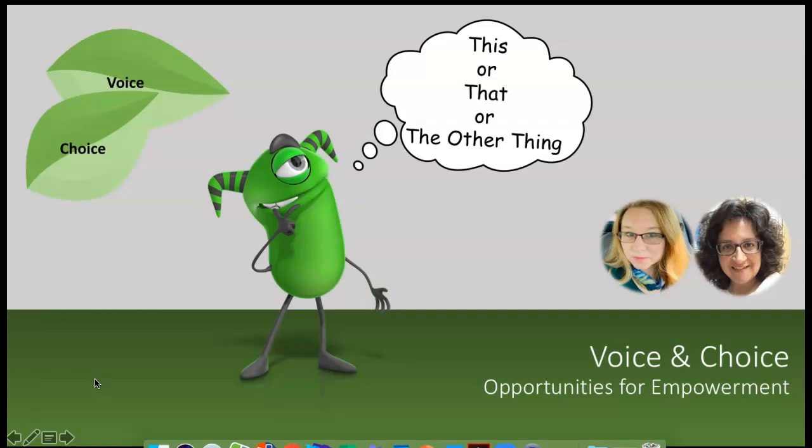Exactly. And then think about what a difference it makes when we are offered voice and choice in the workplace. So when we feel like there is shared decision making with our administration or with our team leaders or our directors or supervisors, when we feel like our voice is really being heard by those folks. So even if we're expressing an opinion that's not necessarily accepted as the way to move forward, we're still feeling like our voice is being heard. Those are important ways to empower and build collaboration in a school environment.